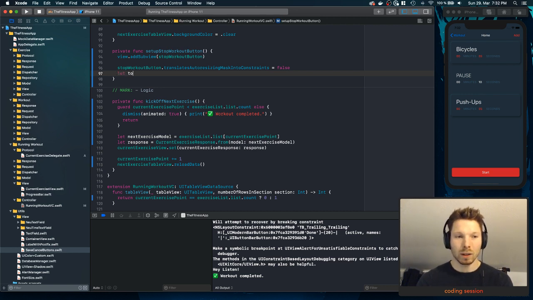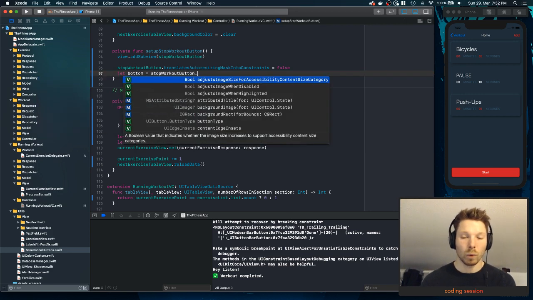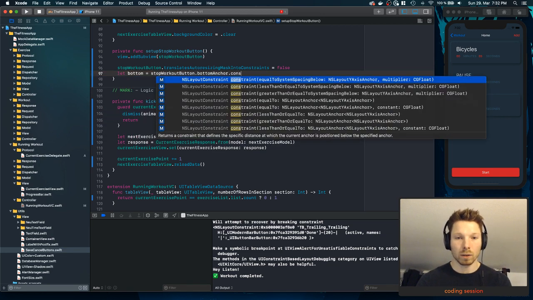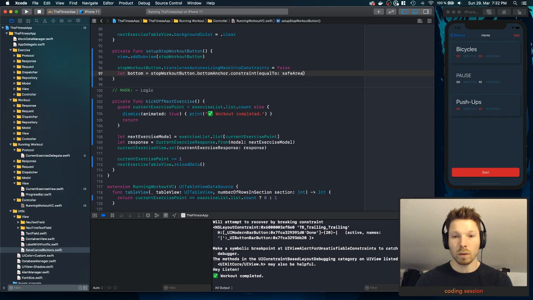So we want to say we have leading. No, actually not leading. We just say bottom and center. We don't want it to have full width, even though we don't have a button as a square, but just the text. We don't want the user to accidentally tap on this side or that side and it stops the workout without intention. So stop workout button, bottom anchor constraints to safe area bottom anchor,